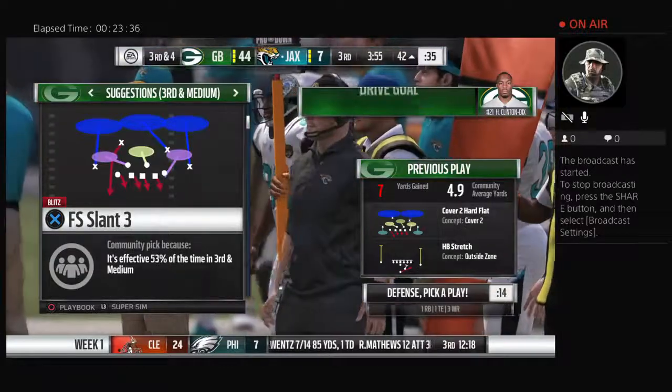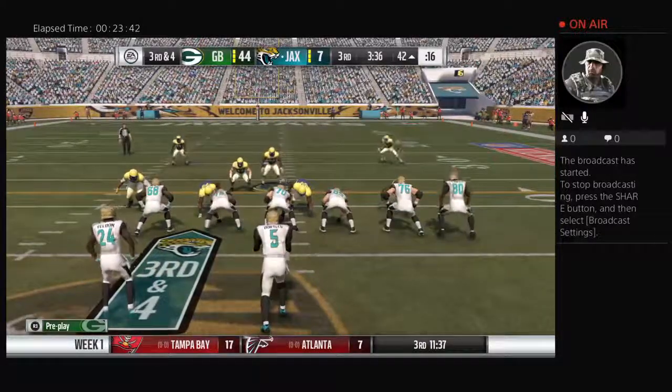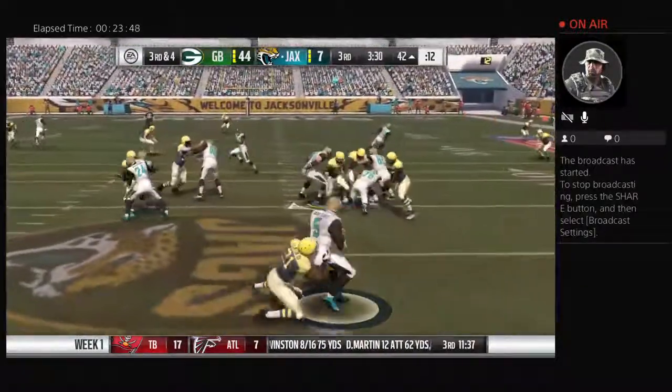On a 2nd and long, it's really nice to see an offense that has enough confidence to run the football in that situation. I think that goes back to their practice and game planning. They've seen things that they've seen on tape and in previous games that led them to believe that even in